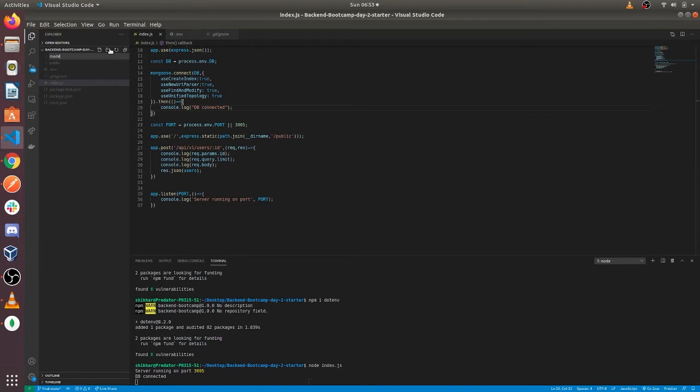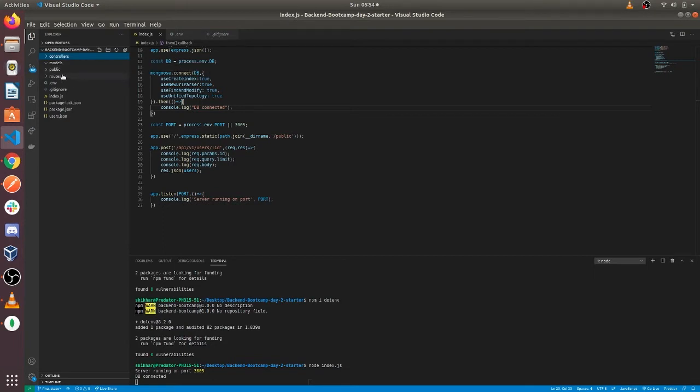So I'm going to create a few folders. Our MongoDB models are going to go in the models folder.